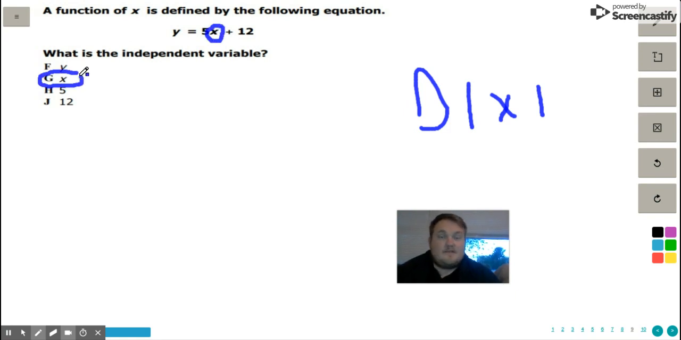Because your independent variable is something you can change. So you can order more pizzas. So that's your independent variable. And the dependent variable is going to be what depends on what you're